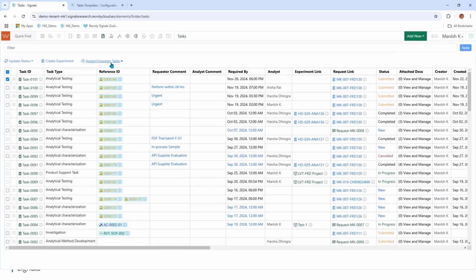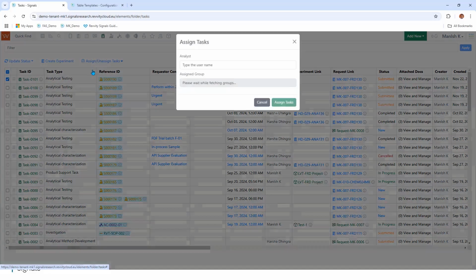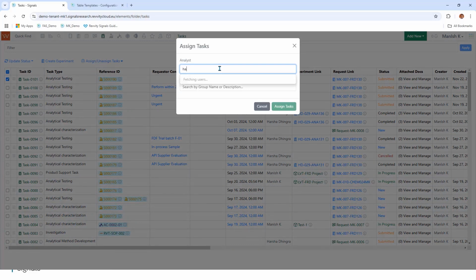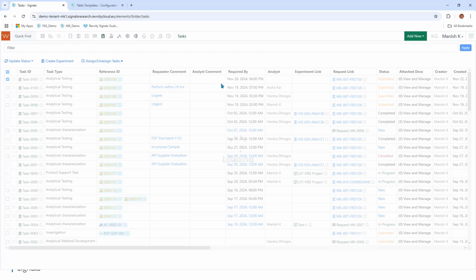So Manish assigns this task to Harsha. So assign this task and select a particular user. So in this case, Manish assigns this task to Harsha. Once it is assigned to Harsha, this will get updated into the task dashboard,